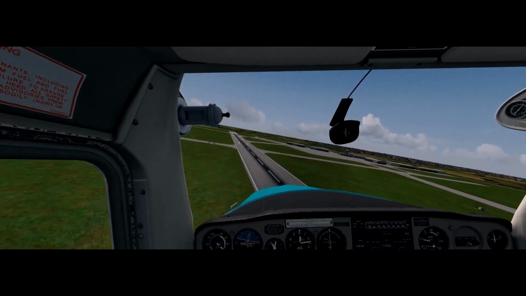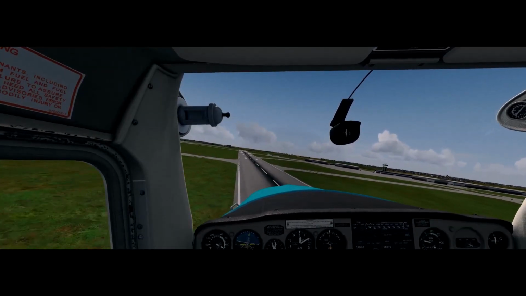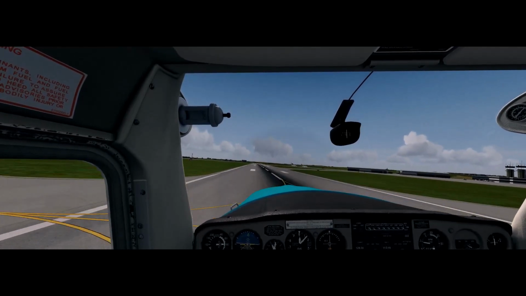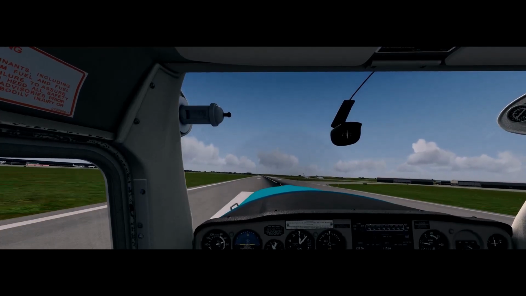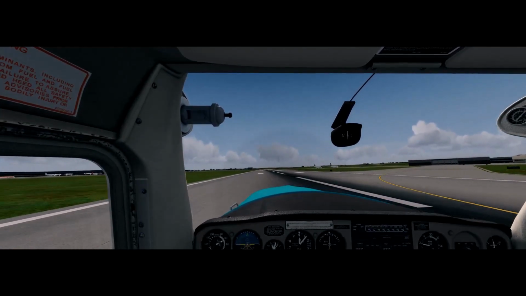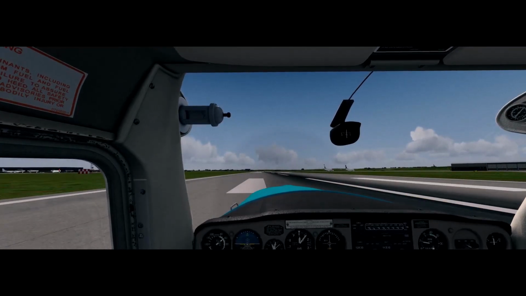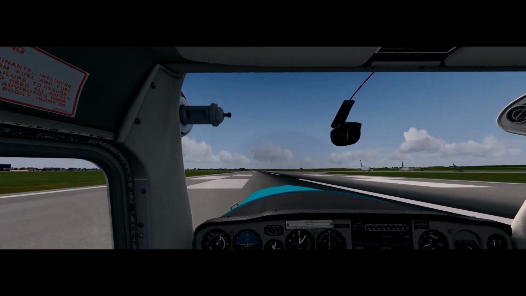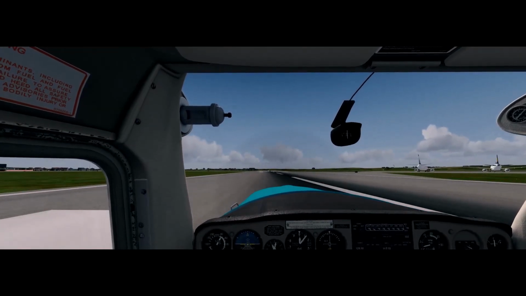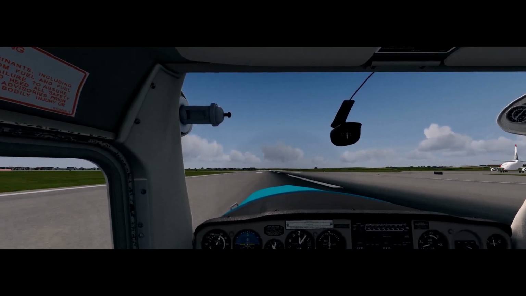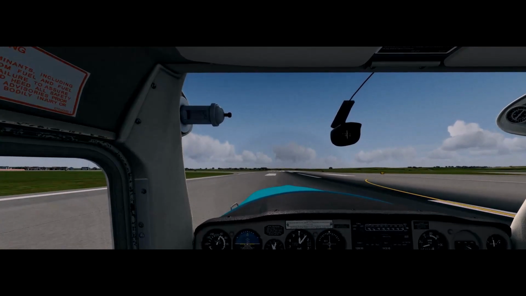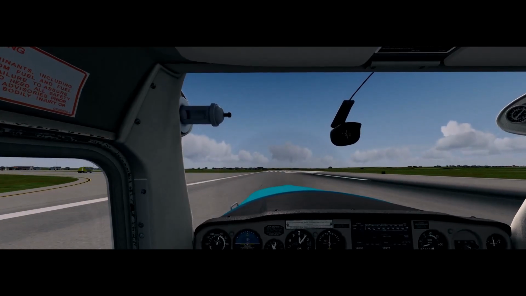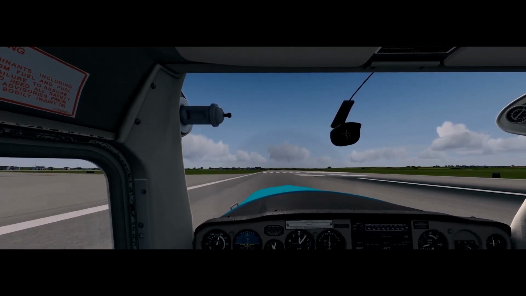Here we go. Oh gosh, this is going to be hard. I didn't realize I was going over about 100 miles an hour then. Okay, so float it down. Here we go. There we go. Okay. So, if we go to the end of this runway, and we'll just turn around, okay? So if we do, oh gosh, pumping the brakes a bit. If we just sort of turn around now,